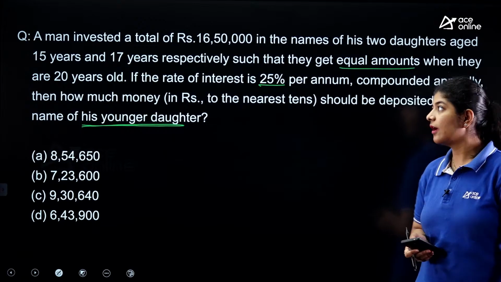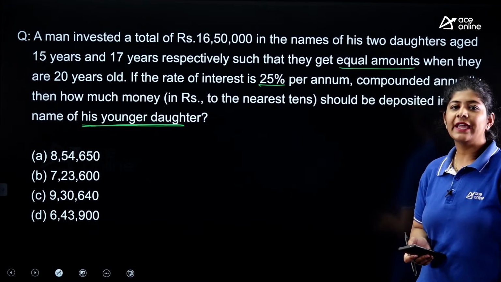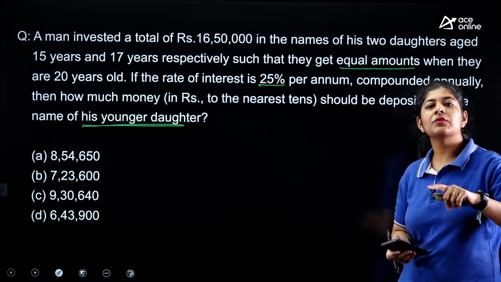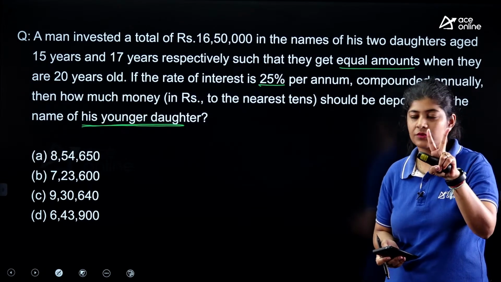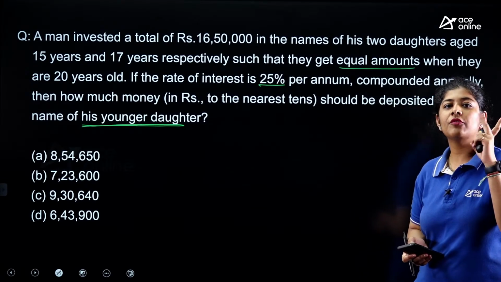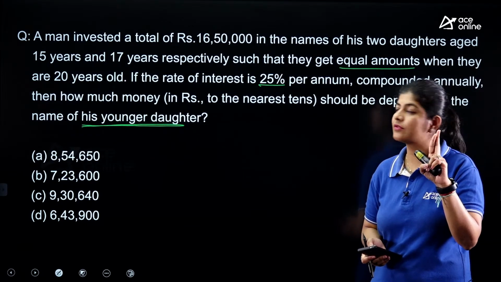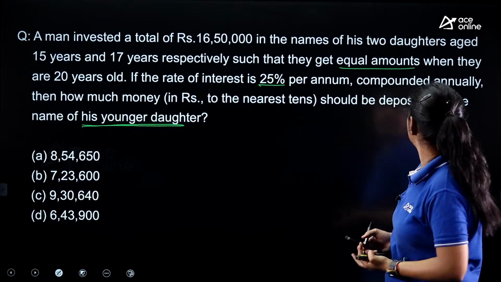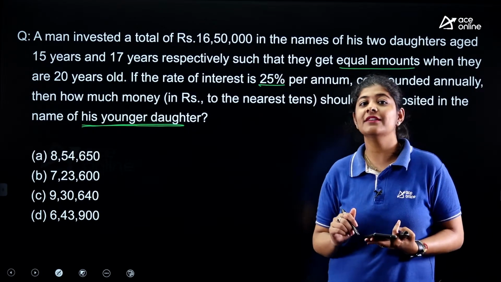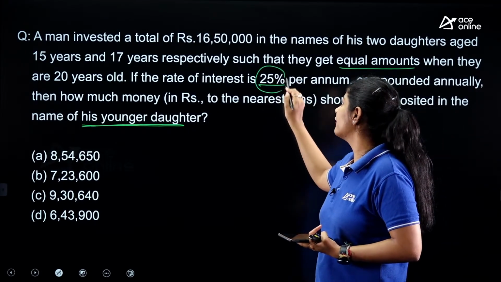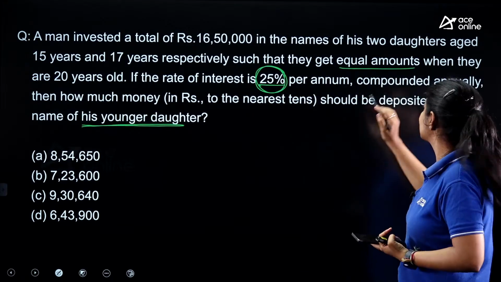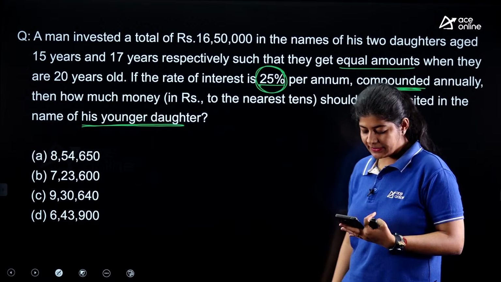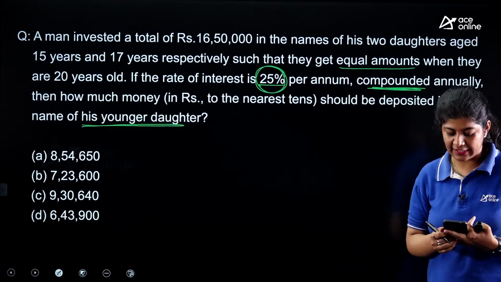Anyone in the comment section, how are we going to calculate it? Here we have a lump sum amount, right? And that lump sum amount is deposited into two accounts. The ages of the two daughters are 15 years old and 17 years old, right? And they will get an equal amount when they are 20 years old. And the rate of interest is 25%, but it is compounded annually. So we just simply need to take care of these small things and we can easily get the